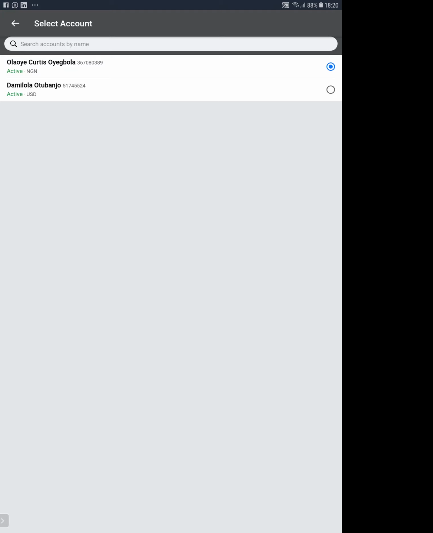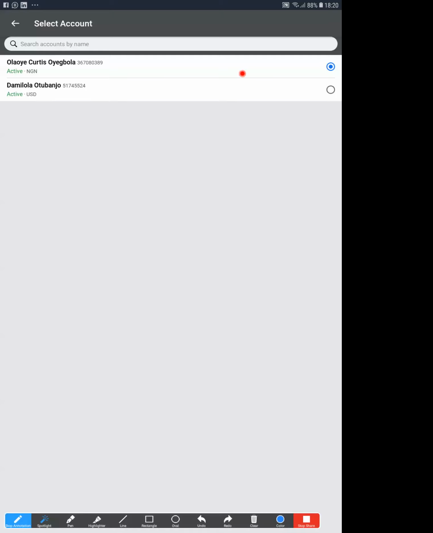When she runs adverts, the adverts are done with dollars. She pays in dollars. She has the means of paying with a bank card that allows international payment. So this is my own account. This is the one we'll be working with. I just showed you the pictures inside the ads manager. Okay, fine. Now the purpose of this class